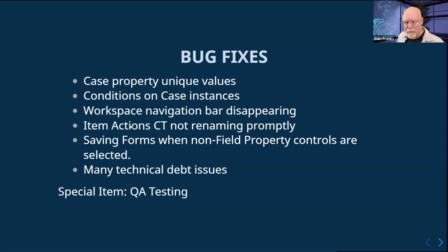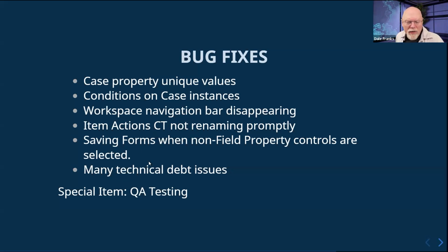it was getting caught up in the caching system that we implemented. And so we had to fix that so that whenever you rename something with item action CT, the renaming occurs immediately, so that if your next activity was an immediate call to save file to file system, the item would have already been renamed prior to that custom task being invoked and the file being saved, which means the file now gets saved with its changed name, the new name that you gave it in the item actions CT.